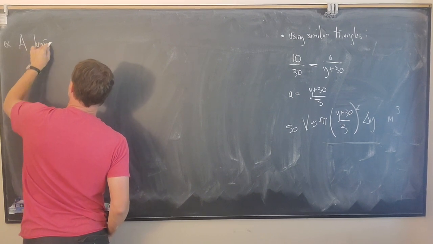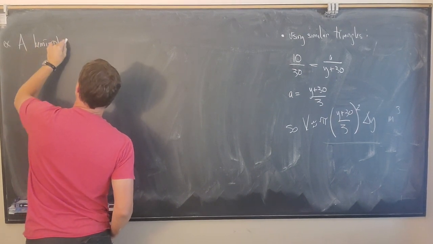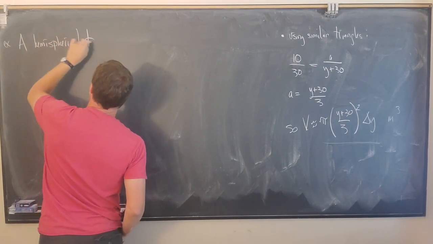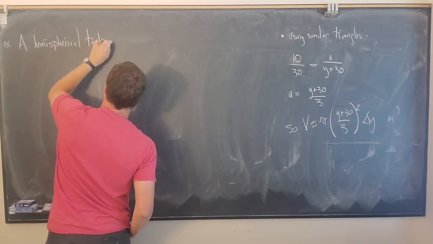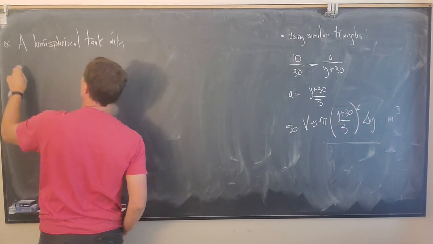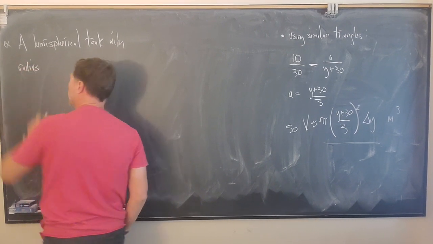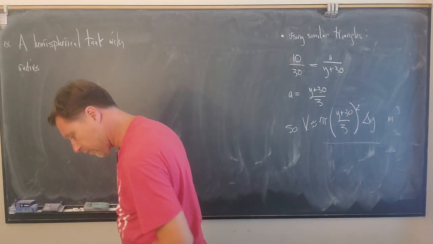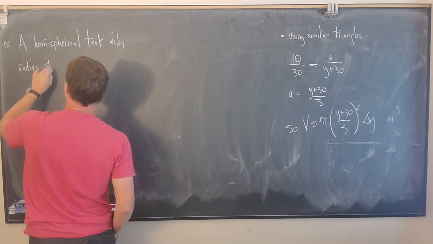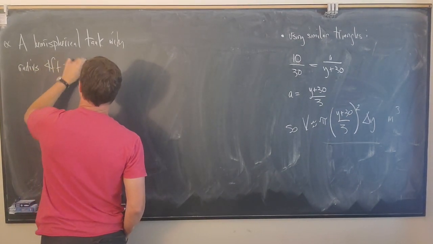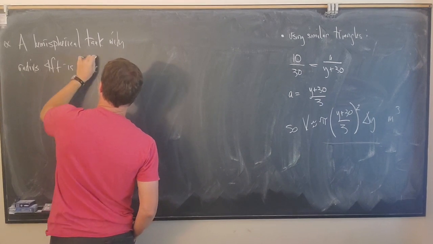A hemispherical tank with radius, let's do it in feet this time, so radius 4 feet, is filled